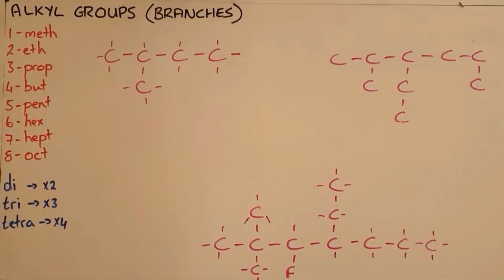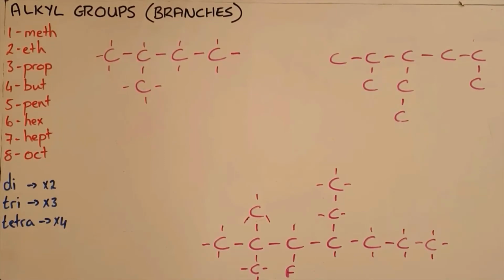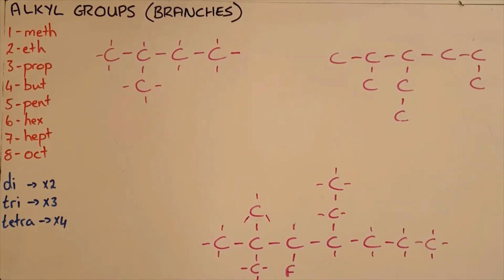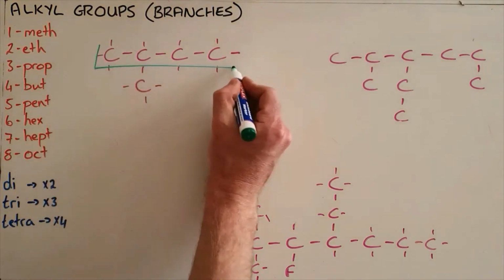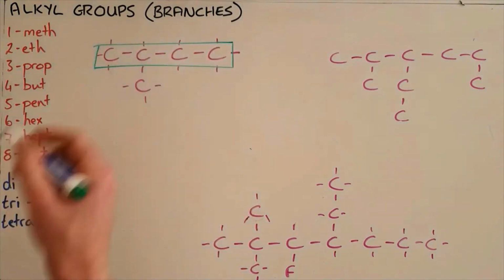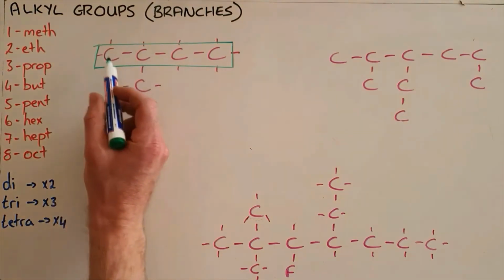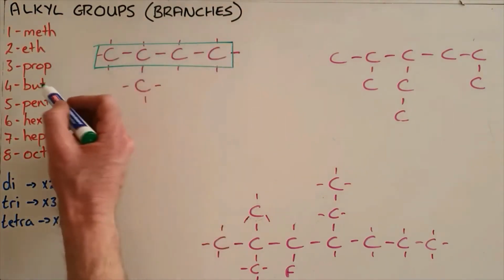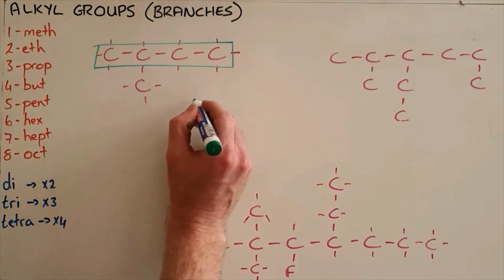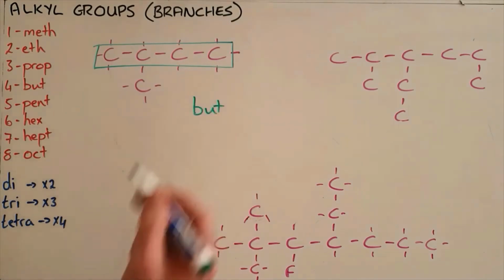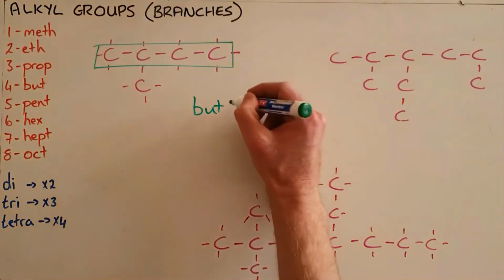Organic compounds are often found to have branches, or what we call alkyl groups, that are attached to the main carbon chain. And there is a naming convention for how we name those branches, or once again alkyl groups. Our first step remains the same, and that is to identify the longest carbon chain possible in that molecule. So for this example over here, our longest carbon chain is 1, 2, 3, 4 carbons, which means that it gets the prefix but. We can see that it contains only single bonds and therefore is an alkane and gets